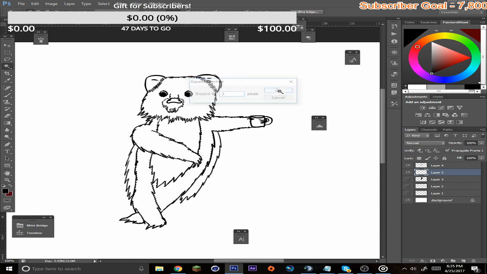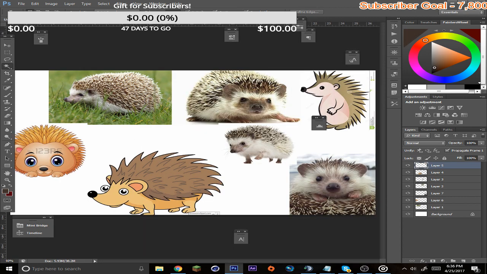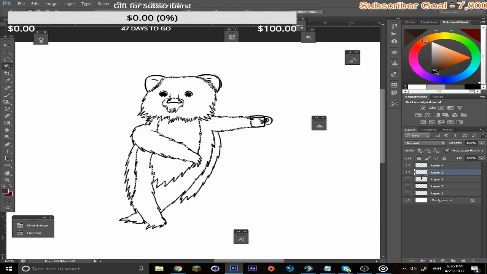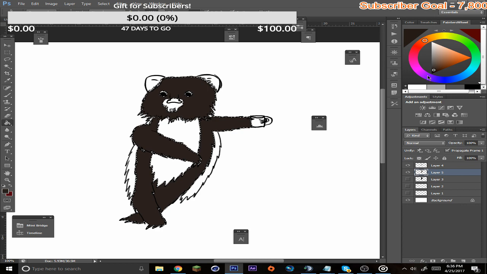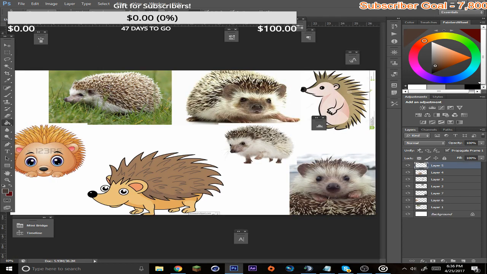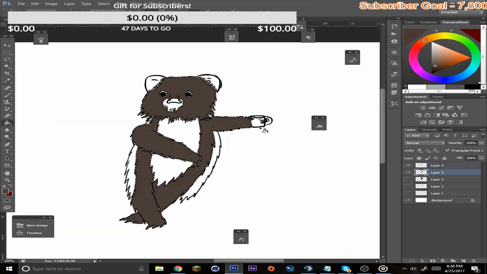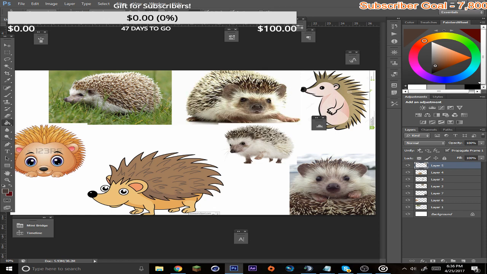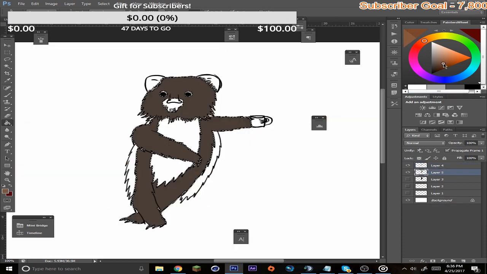I don't know. Okay. We're going to increase it by 2, and we're going to get a desaturated brown color, kind of like this, because as you can see, it's a desaturated, darkish brown. So we're going to paint bucket. Ooh, not that dark. Their actual fur is really light, but since it's this part, I'm going to add a saturated version.